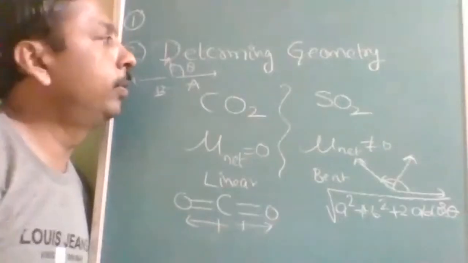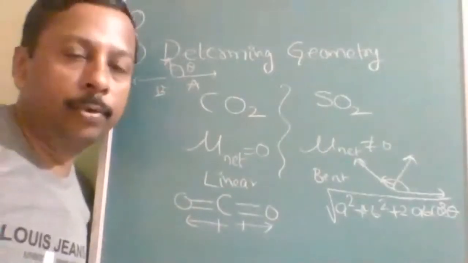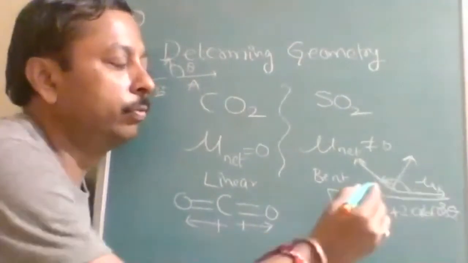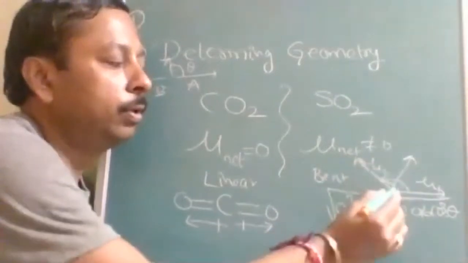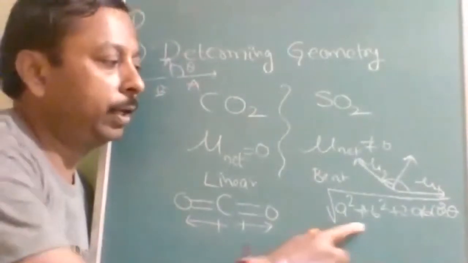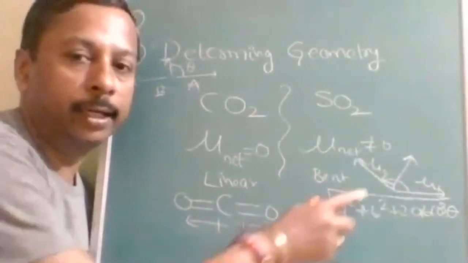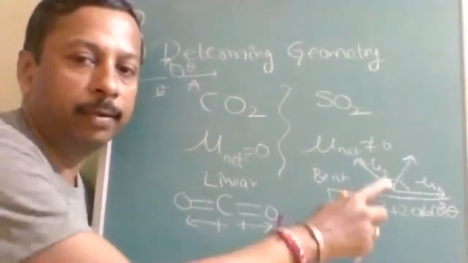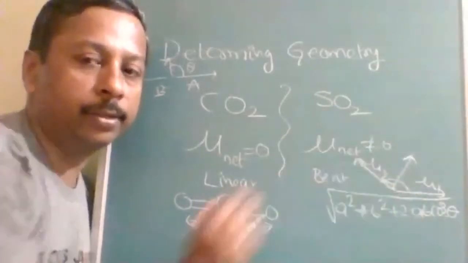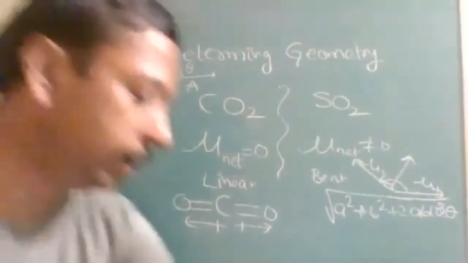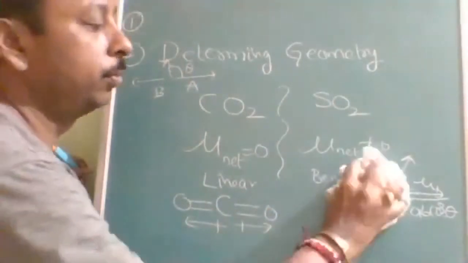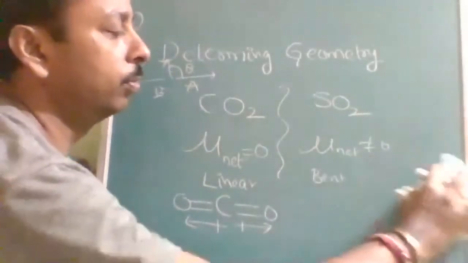See, as I told you in the starting only, dipole moment is a vector quantity. So here this is one dipole moment, suppose mu1, and here it is mu2. The net direction will be in this direction. So for the magnitude, in place of A, I will write mu1, and in place of B, I will write mu2. So mu1 into mu2 cos theta, where theta is the angle of separation. Is this understood?